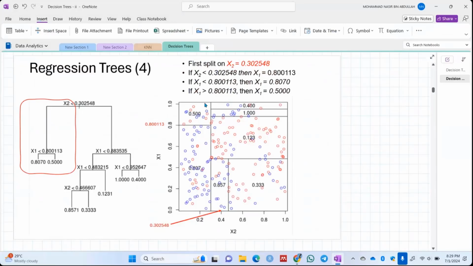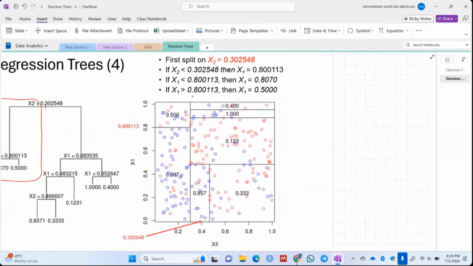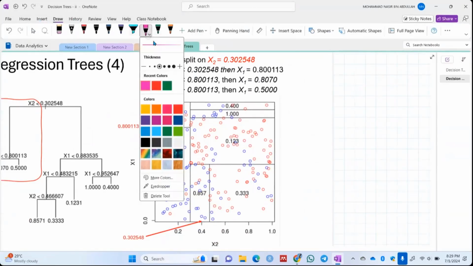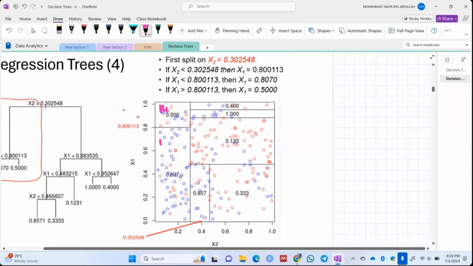Okay. So now let's say we have several regions, right? This is region number 1. Maybe I put it like this. This is R1, R2, R3, R4, R5, R6, R7. So the value of R, basically we take the average of the data. This is the average of data, 0.5 for region number 1, region number 2,